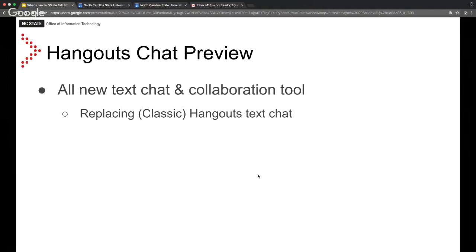So let's talk about Hangouts Chat. So Hangouts Chat is the all-new text chat that's replacing classic Hangouts text chat. So I just talked about Hangouts Meet. I know there's a lot of words here. Katie's laughing. Hangouts Meet, Chat, Classic,